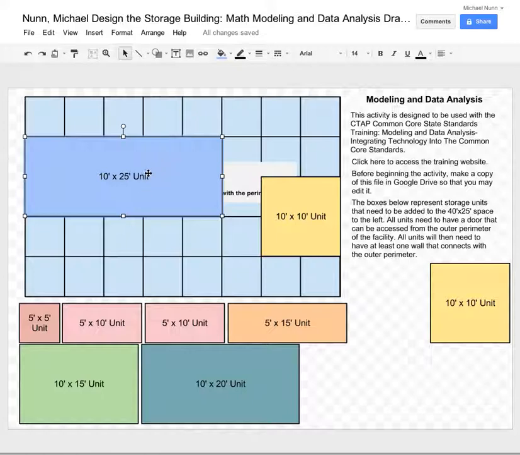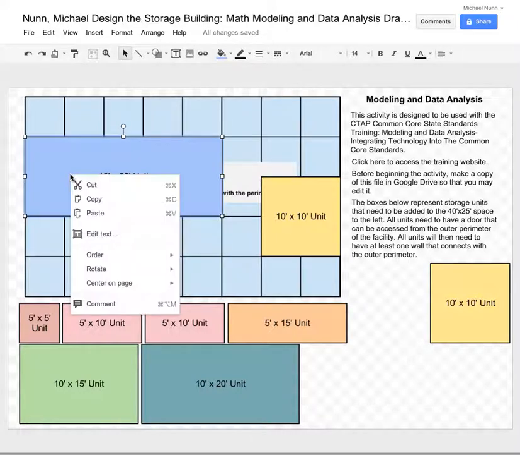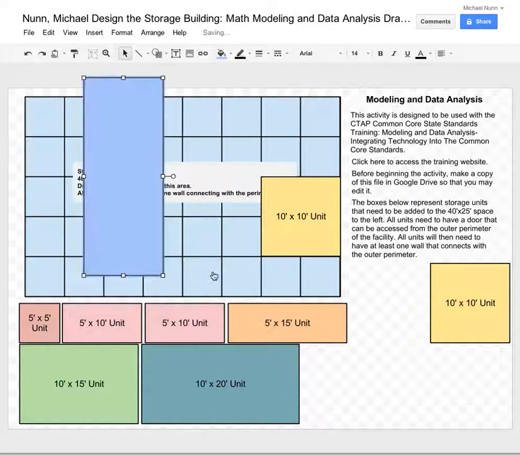And let's say I wanted to actually make this one so that its height is going to be shorter or longer than the width. So basically I need to rotate this to the right. What I can do on a Macintosh, I can do a control click. On a PC, I can do a right click, and I'll do that right on the object. So I'm going to control click because I am on a Mac, and one of my options is to rotate. So I can rotate right 90 degrees, right, and then that rotates the object,